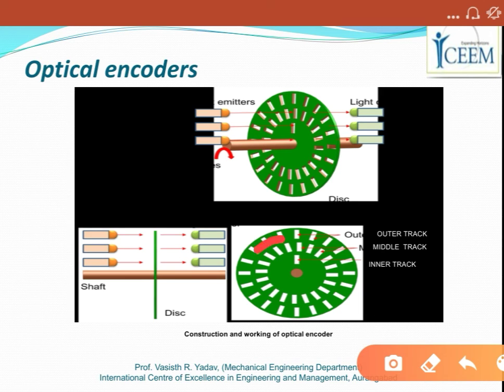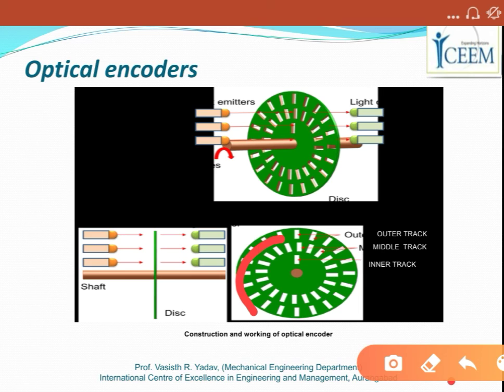So we have one track, the outer periphery, and the holes are placed equally, right? We have another concentrically placed track, and the inner one, right? So it comprises of a disc with 3 concentric tracks. The first one inner concentric, the middle concentric one, and the outer circular track. So it consists of 3. It comprises of a disc with 3 concentric tracks of equally spaced holes.